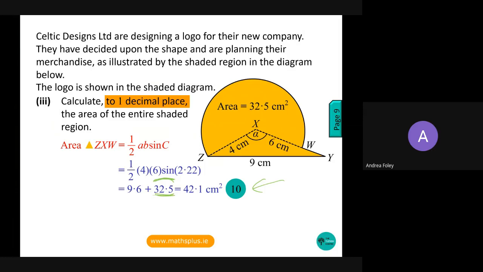So if you got, say, as Owen just said, 25 as his example, and you correctly got the area of the triangle as 9.6, and you added 25 to it, and you got your total, you wrote centimetres squared on the end, you could get full marks here. So in reality, even though this might be the overall question, some people will find that difficult. This part here for 10 marks, really all you were doing was getting the area of a triangle